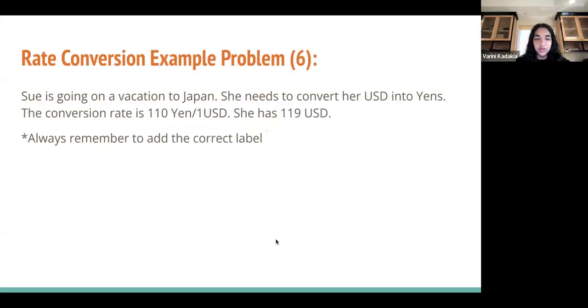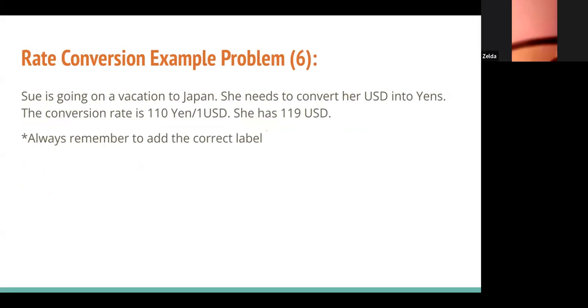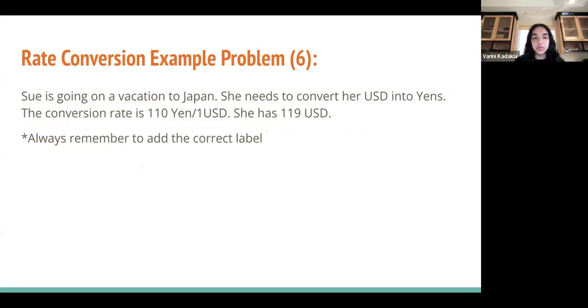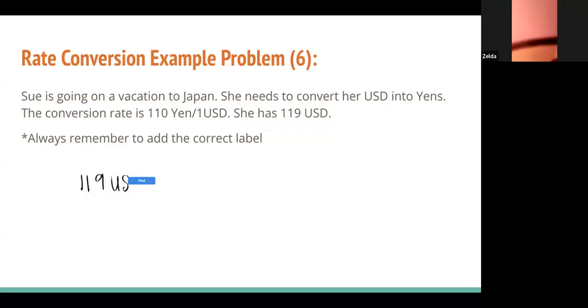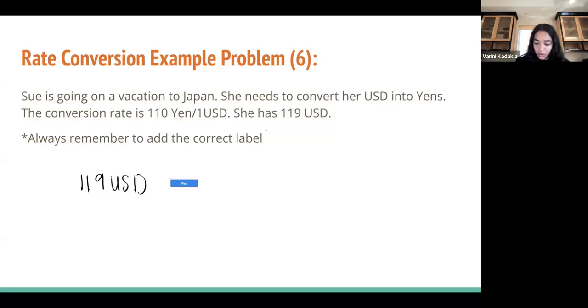So here, let's do an example problem. Sue is going on vacation to Japan. She needs to convert her US dollars to yen, which is what's used in Japan. The conversion rate is 110 yen to 1 US dollar. She has 119 US dollars. Okay, so she has 119 US dollars, right? And we know that 110 yen,